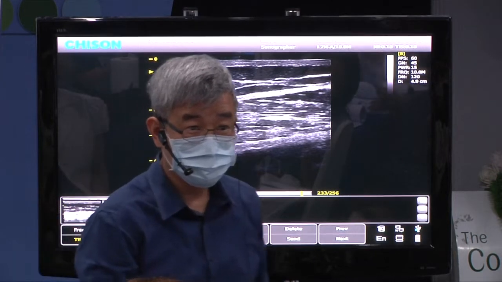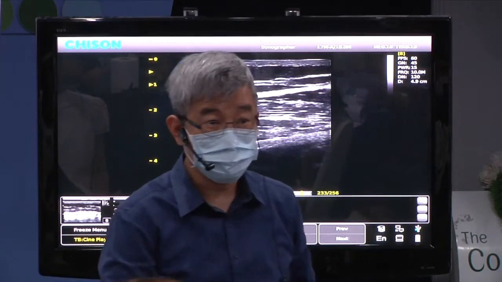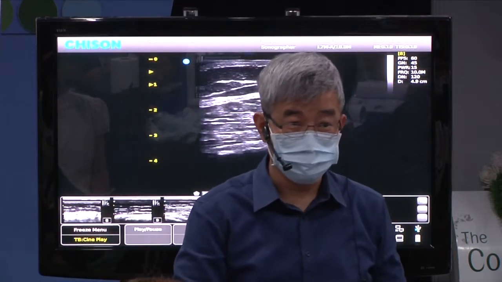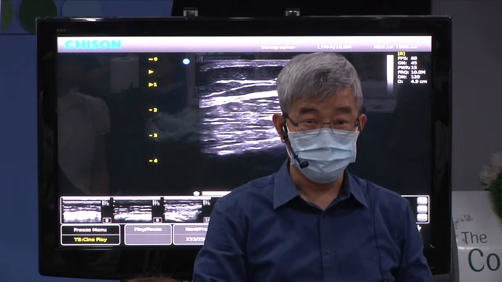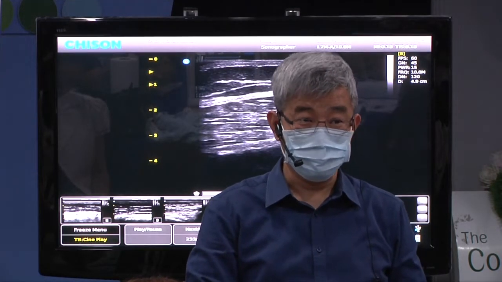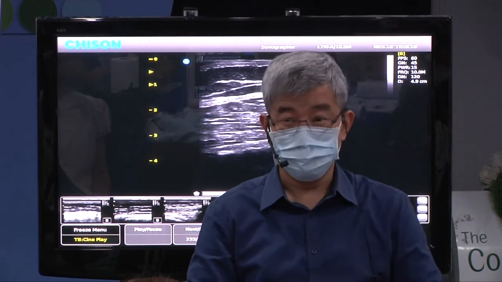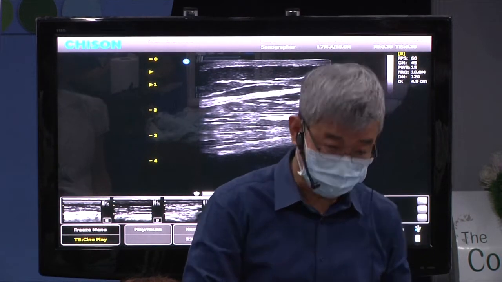Okay? Point of care: you go to their house, the place where they live, the place where the caregiver gives the care, and measure the muscle morphology. Okay? Then,